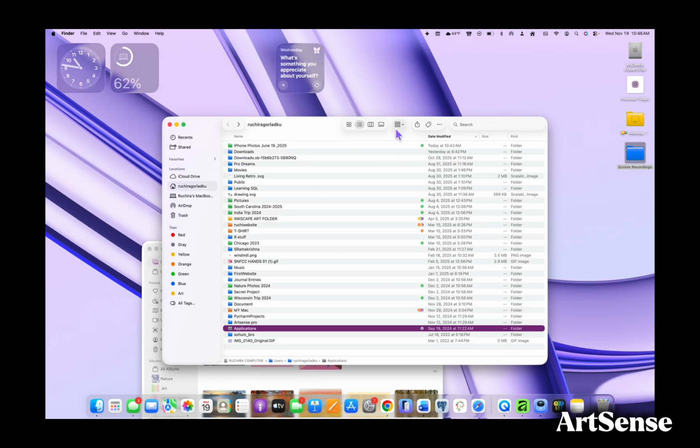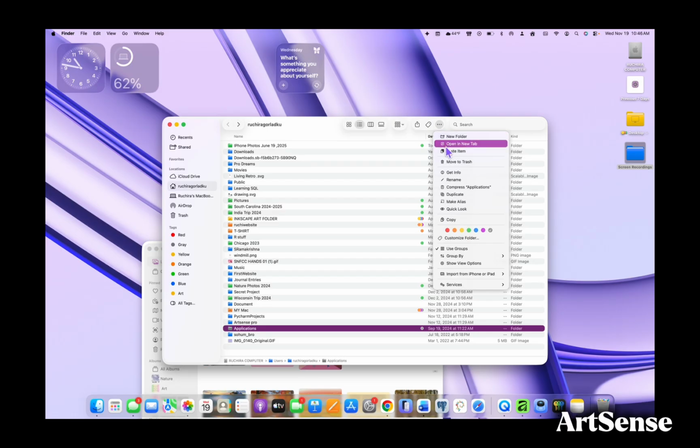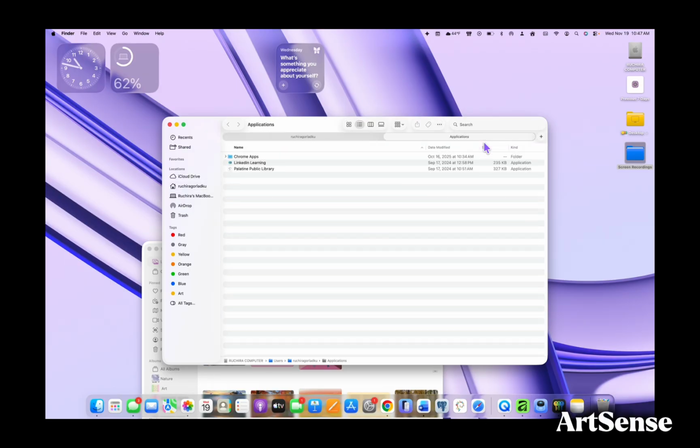Up on the top you can pretty much see everything, and there's tons of features that you can do inside of it. You just have to click, I don't know where my arrow is going, but you click on the top, and then you pretty much can do anything from converting to a PDF to changing the colors, everything in one area. And you can also sort it by all sorts of things that you want to do with it. And it does come in really handy when you don't have to use the right click on the touch bar,